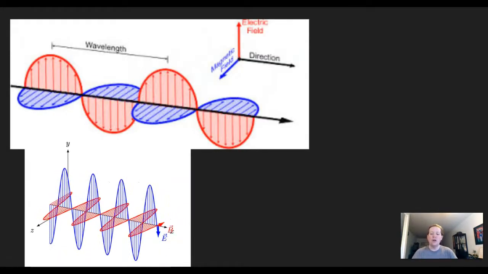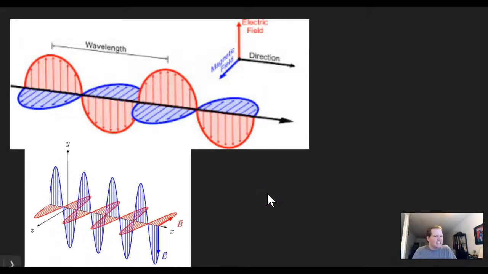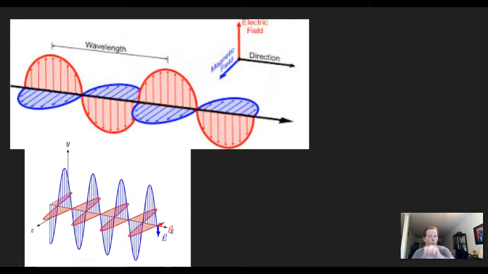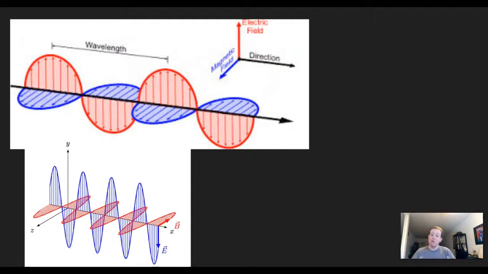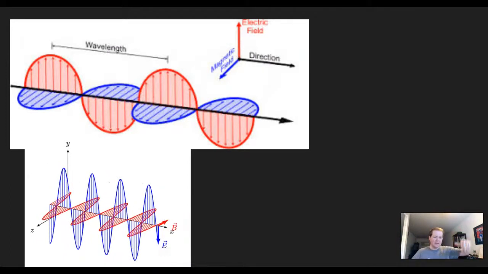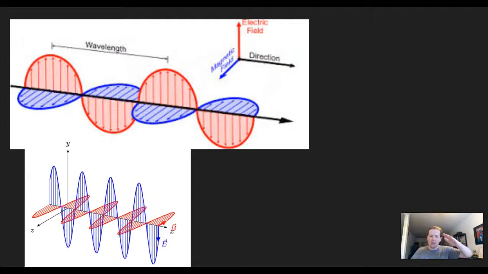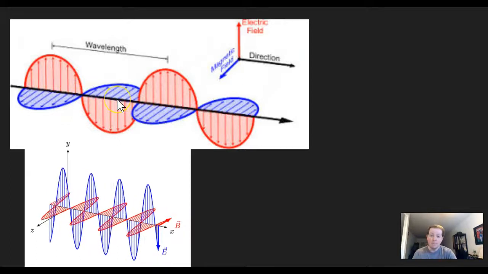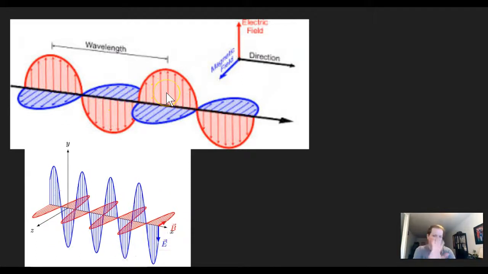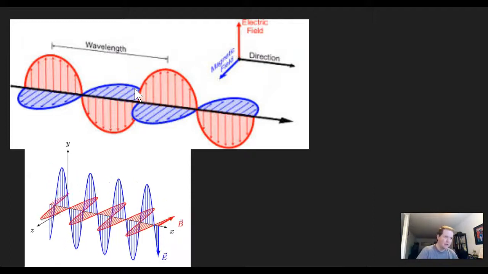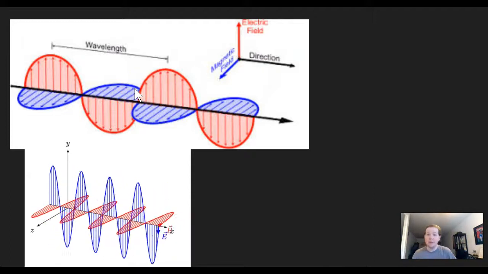Here I have a picture and a visual. Okay, light's a little more complicated. Technically, you really shouldn't be thinking of it as just one transverse wave. There's really two in a given wave of light. There's an electric field, and that creates a magnetic field. So they have it here in red and blue, and they end up being perpendicular to one another, though we're not going to get into why.